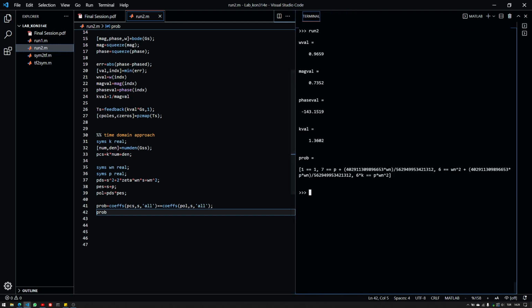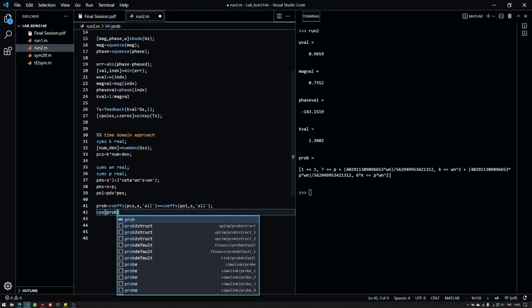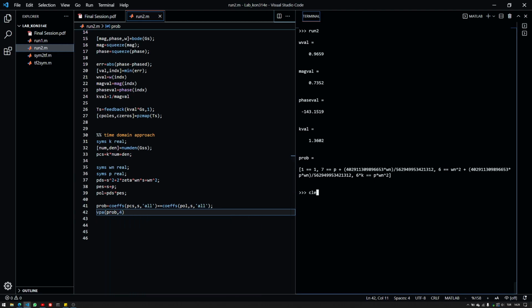And we can see that 1 equals 1 appears here. So this validates the fact that the highest order term in PCS and in the desired polynomial are of coefficient 1. So using VPA prop here will help us a little bit more. Now we can see that basically 7 equals P plus this here, 6 equals this here, and then we have this one here. So solving for this will be a bit of